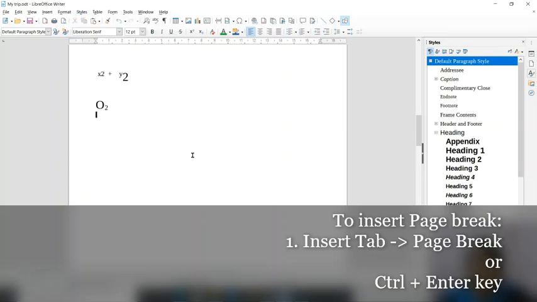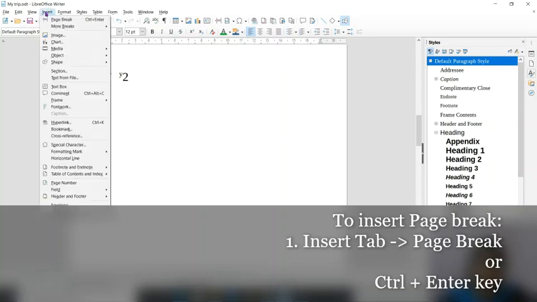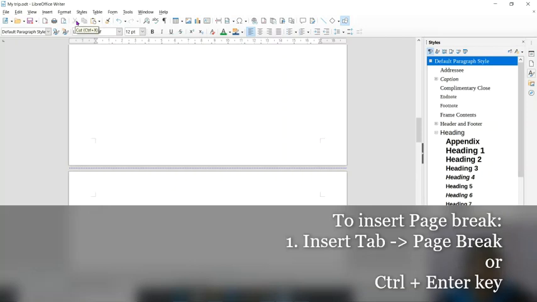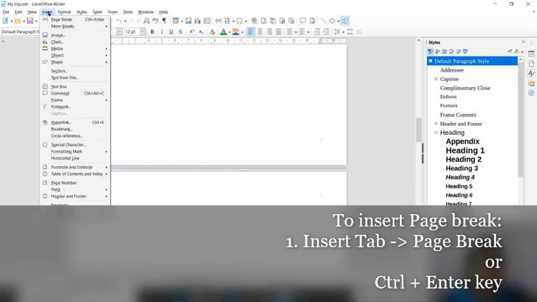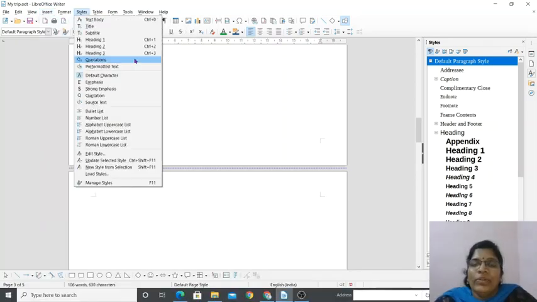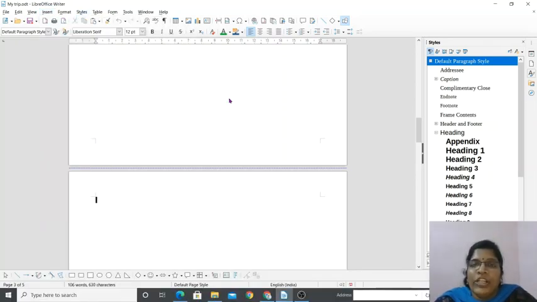But for the page, you have to go to the tab called Insert. In Insert, you can see Page Break. I have to search because I'm also using it here for the first time. Yes, Page Break. If you click on Page Break, it goes to the next page, and you can see Control plus Enter written here as the shortcut key. Clear? So this is the second option for page formatting.